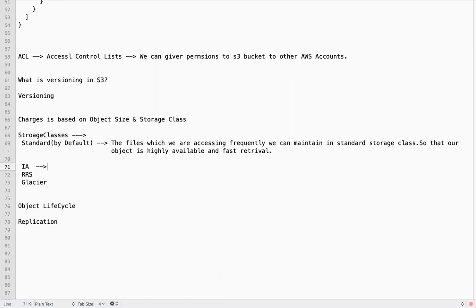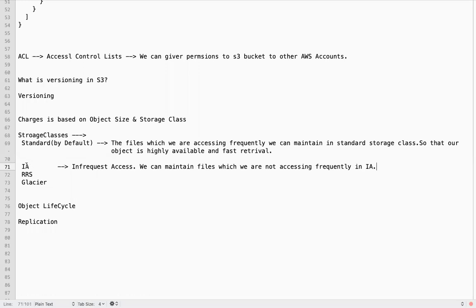Then IA, the name itself is saying infrequent access. So what is infrequent access? Basically, we can maintain files which we are not accessing frequently in IA.